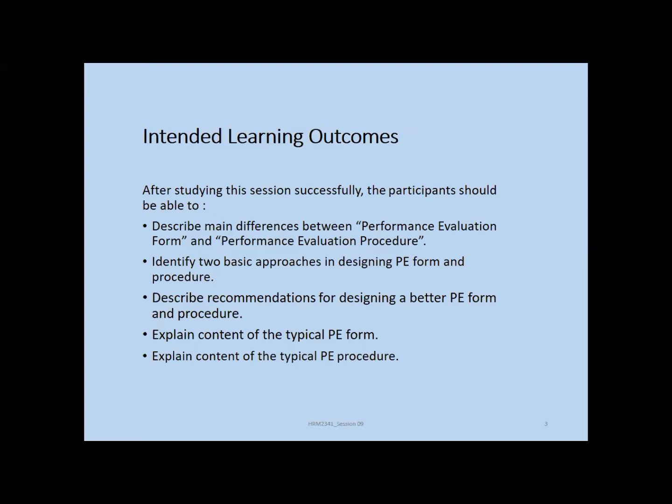In human resource management, there is no universally accepted template or format to develop performance evaluation forms and procedure. That depends on the organizational requirement. Each and every organization is not the same. As per their requirement, they should develop their own performance evaluation forms and procedures. Therefore, if you become an HR manager, you may have to develop performance evaluation forms and procedure. For that,